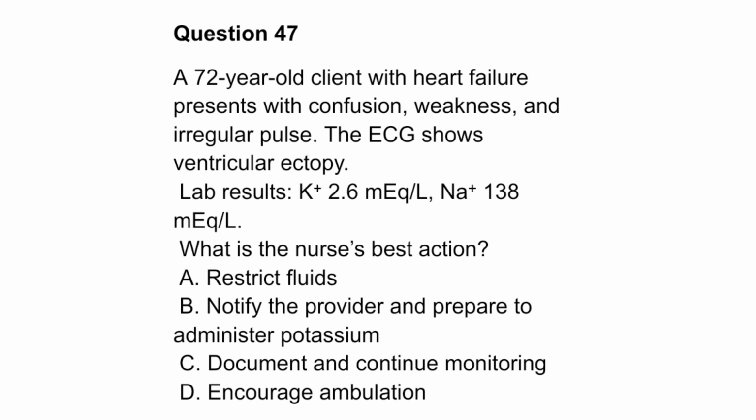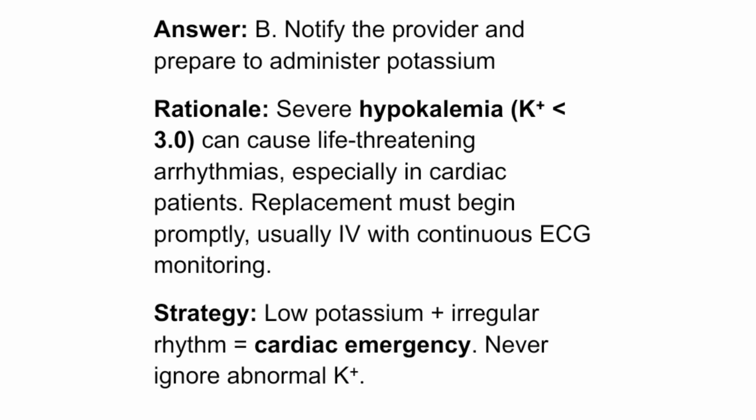Question 47. A 72-year-old client with heart failure presents with confusion, weakness, and irregular pulse. The ECG shows ventricular ectopy. Lab results: K 2.6 milliequivalent/L, Na 138 milliequivalent/L. What is the nurse's best action? A. Restrict fluids. B. Notify the provider and prepare to administer potassium. C. Document and continue monitoring. D. Encourage ambulation. Answer: B. Notify the provider and prepare to administer